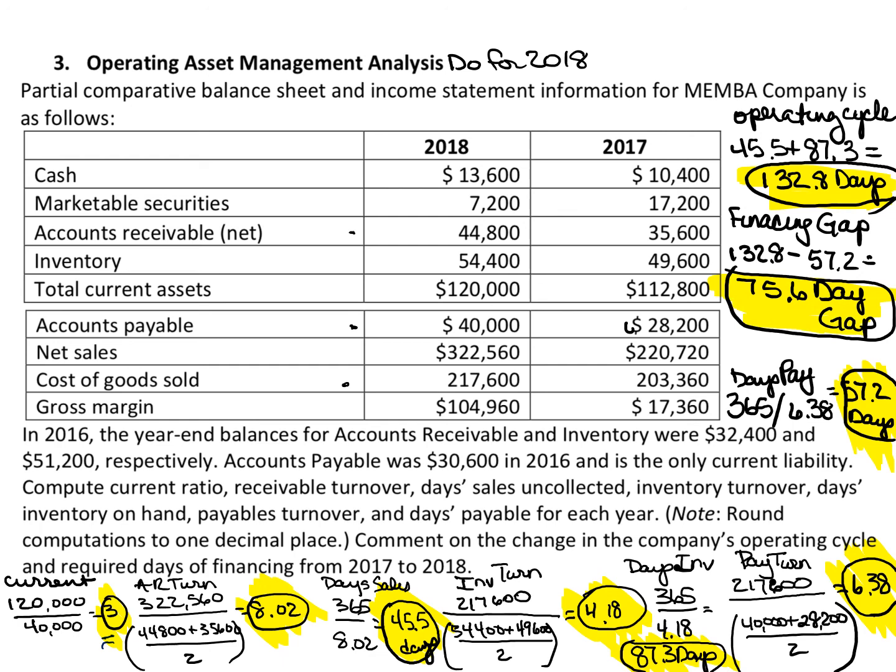Because I have a gap between the operating cycle and my days payable, I have to go out and finance or acquire short-term credit for 75 days. That's quite a bit, almost over 2 months. So this is an example of how you can use these ratios for